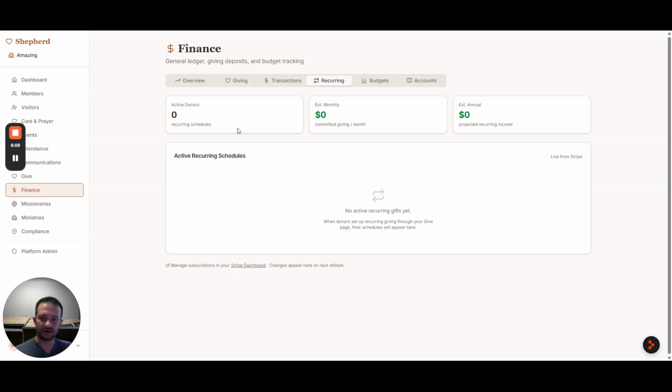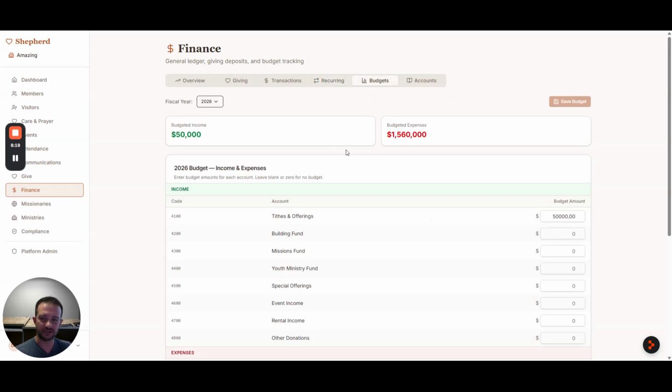This next tab here is the recurring. So anybody who signed up for recurring donations, this will show here so that you can have an estimate for how much money is going to come in on a monthly, weekly, quarterly, whatever basis they pick, just so that you can plan better. Budgets. This is where you set your budget. So let's say you're going to budget